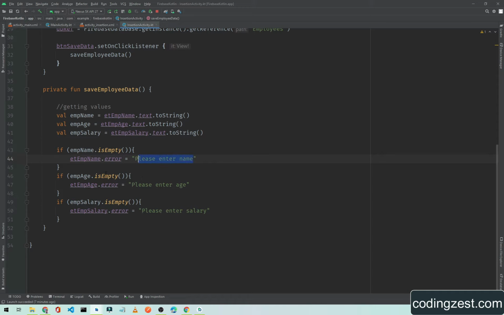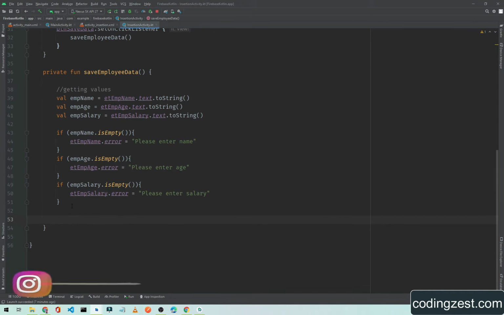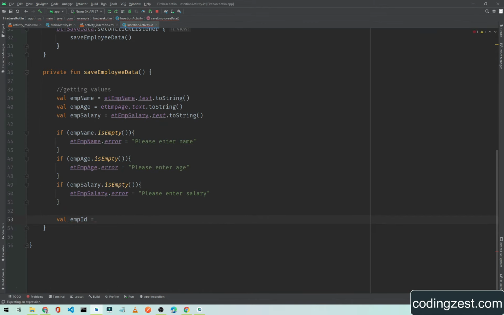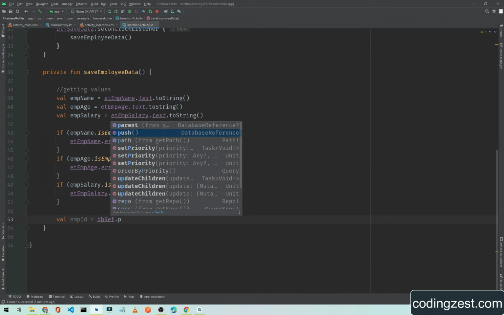Okay, so now we need to create a unique ID. Whenever we enter some data of the employee, we need to insert a unique ID to avoid overriding data. Let's suppose some employees have the same name, same age, same salary, so we need to identify them by a unique ID. To generate an ID, we will simply call it employeeID. EmployeeID is equal to, and this will be generated by the Firebase database reference dot push